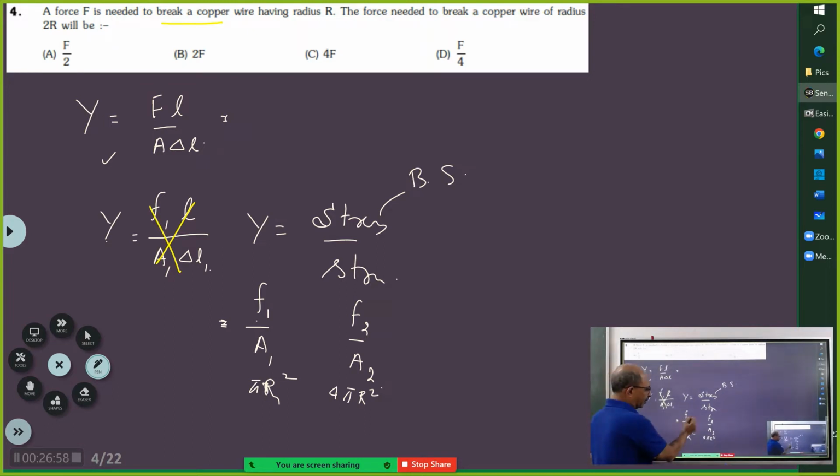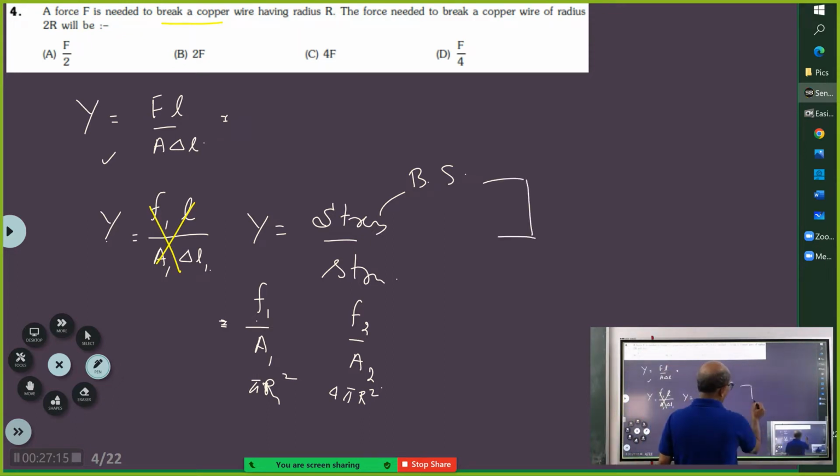Understood? If you take this as F, this divided by this, so this should be 4F. That is, you need a force of 4 times to break the copper wire of radius 2R. Because force is after all distributed. Now understand the science behind this. So if this is a cross section,